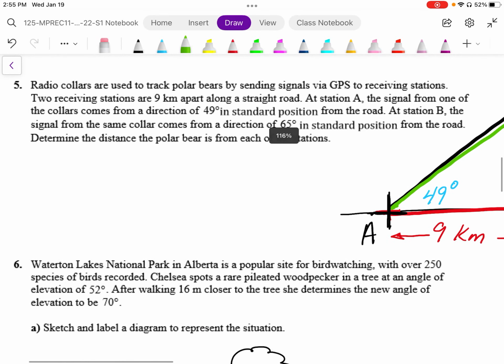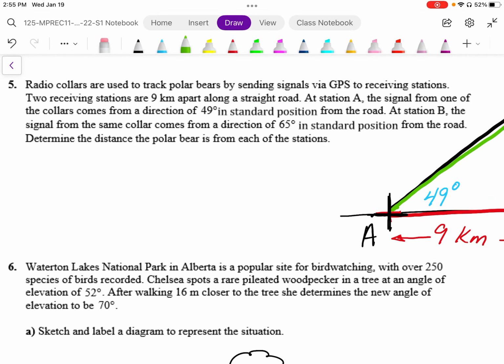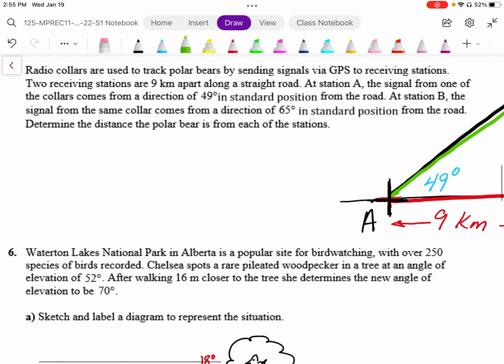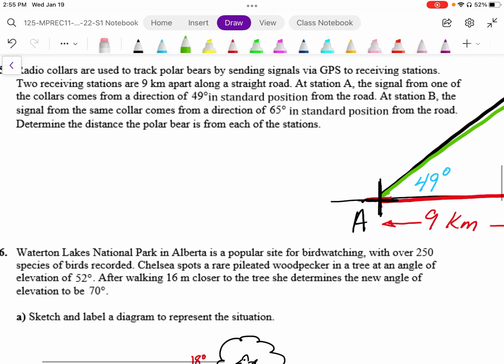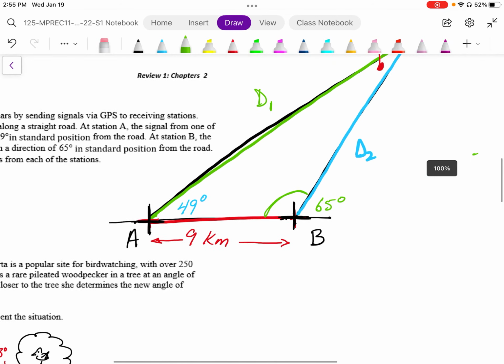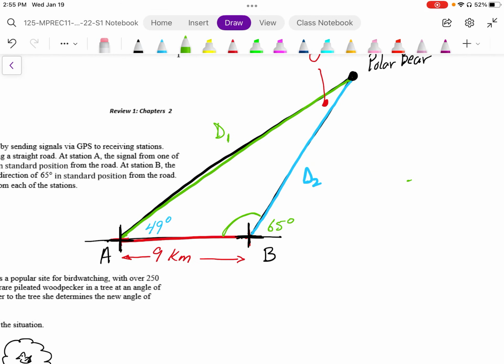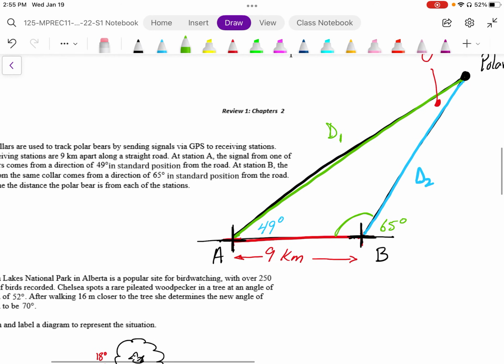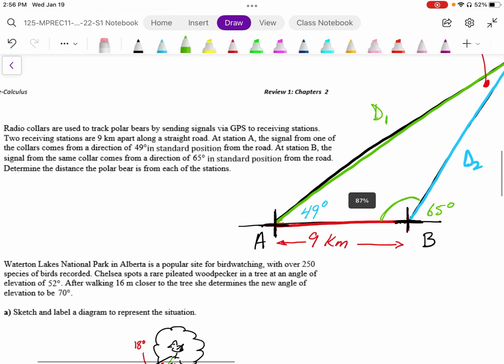In question number 5, it says you have radio collars that are used to track polar bear, and we have receiving stations A and B 9 kilometers apart on a road. So that's what I've drawn here. We have the two receiving stations at A and B being 9 kilometers apart, and it says that the signal